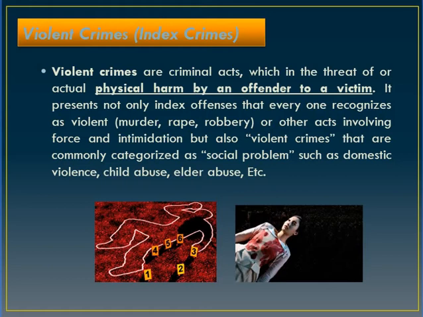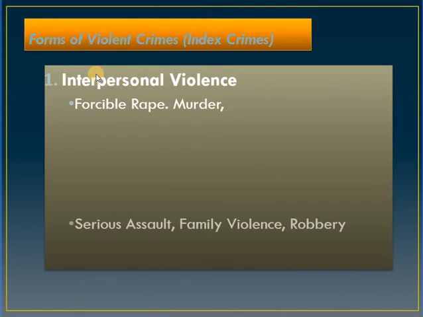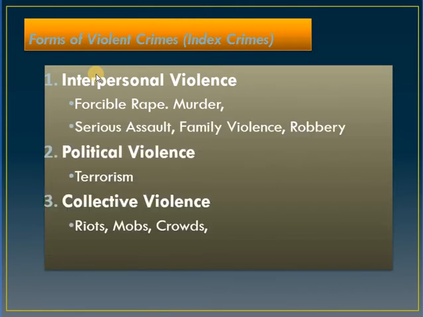Again, when we say violent crimes, these are the crimes that create threats or actual physical harm by an offender to a victim. So what are examples of forms of violent crimes or index crimes that we know? We have this one. Interpersonal violence. What are interpersonal violence? When we say interpersonal violence, this is what happens to you personally. It means there's a specific victim. Forcible rape, murder,